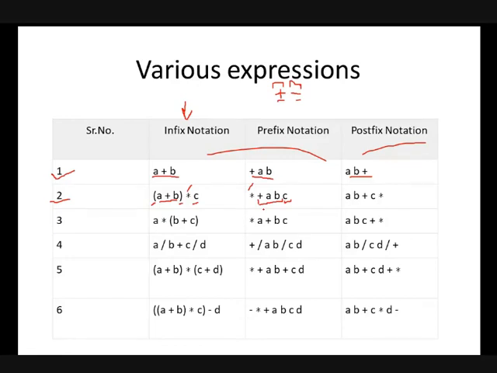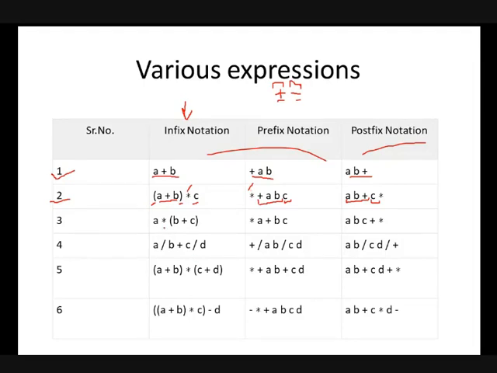Okay, so the prefix conversion is clear to you, and in a similar way we will be converting to postfix form. First we need to convert a plus b in postfix as ab plus, and whenever you have ab plus as the resultant or calculated value, this is now one operand and the other operand is c, and you are applying multiplication, so this operator will come after these two operands. Okay guys, so it is a very simple conversion.